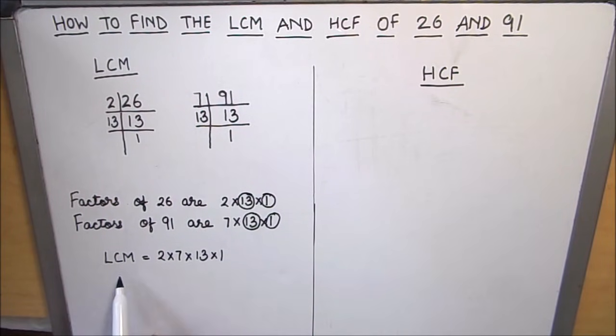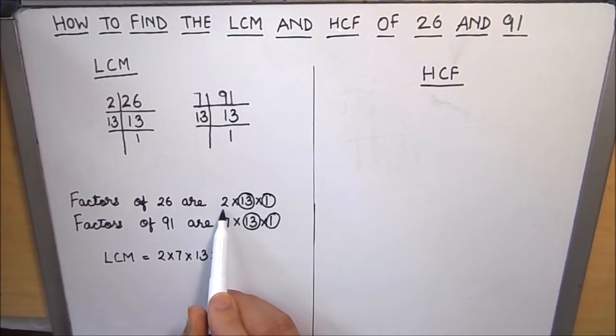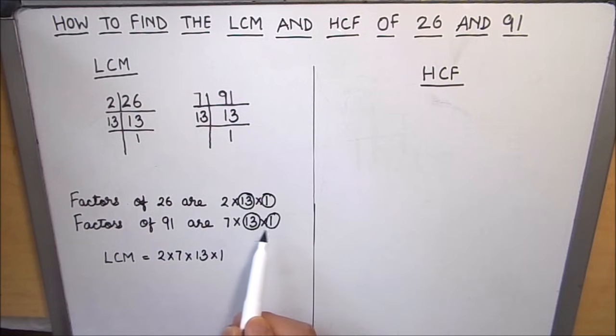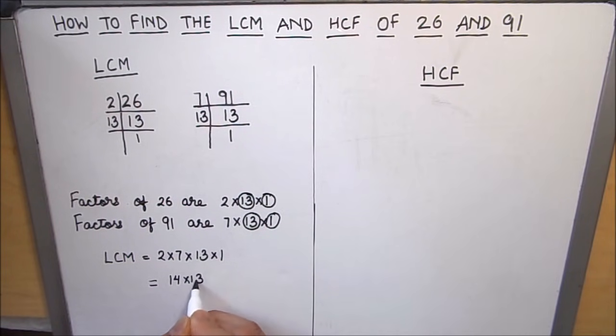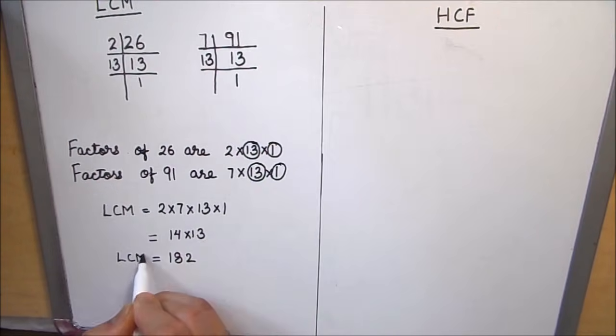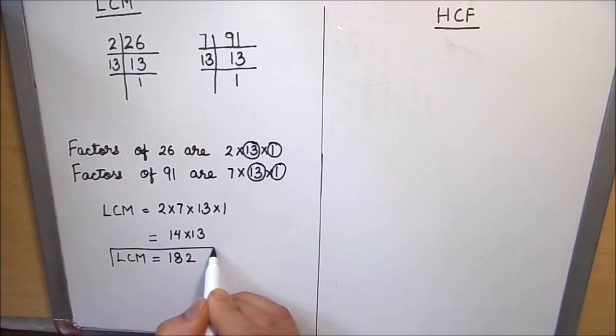So for finding the lowest common multiple, we are going to take the product of all the multiples and the common multiples will be taken once. So here we got LCM as 14 times 13, which is equal to 182. So the LCM of 26 and 91 is